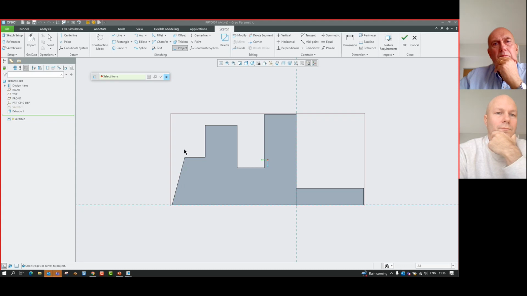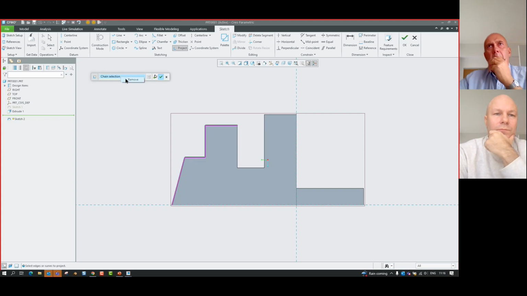In order to select references, it's literally as simple as clicking and selecting your edges to get a one-by-one selection. If I want to select multiple references, I just hold Control and I select these edges. If I want to get a chain selection of these references, I just hold Shift and I hover my cursor over a corresponding edge to get a chain selection.